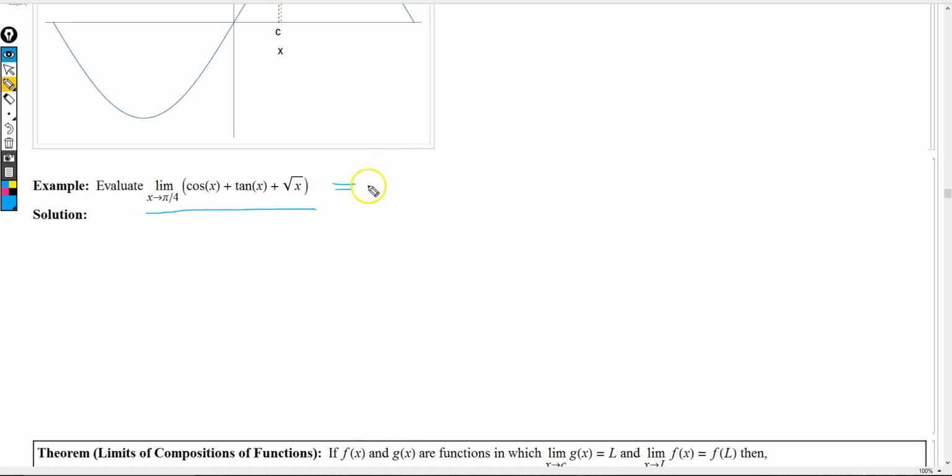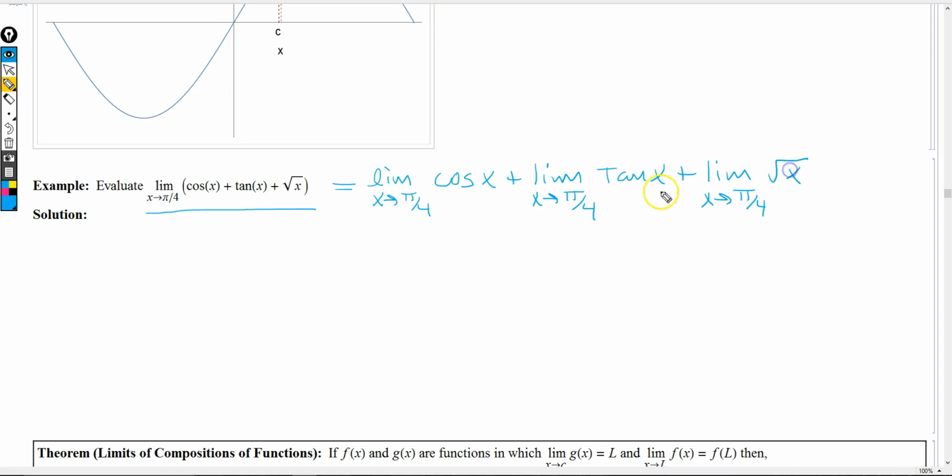So technically I'm doing this. That's by our sum and difference rule. And then now you can just plug the pi over 4 in for each x to get